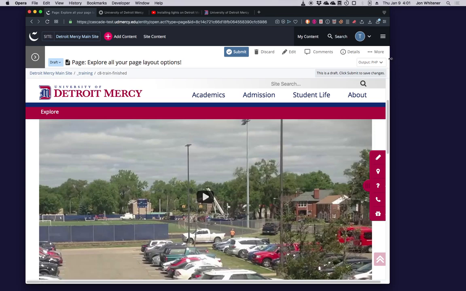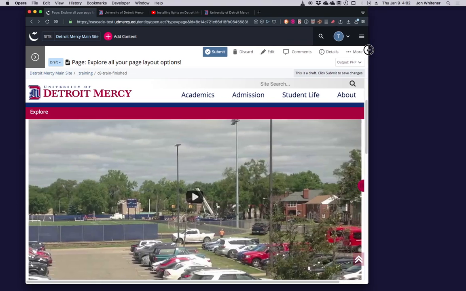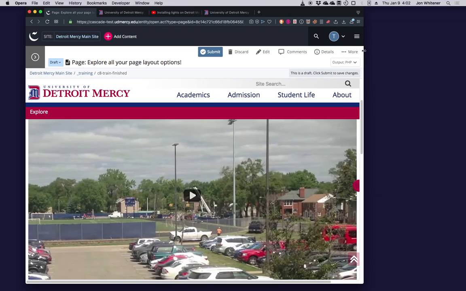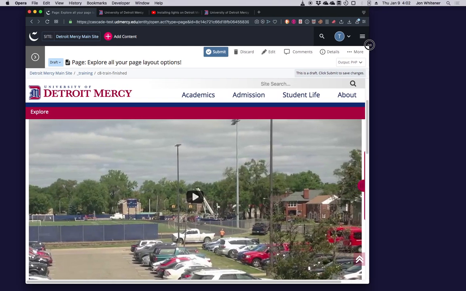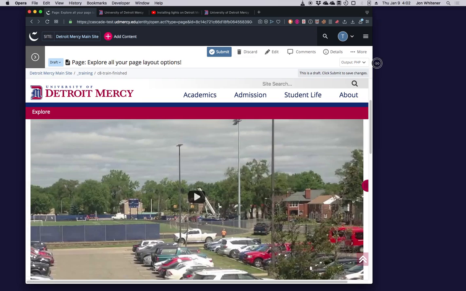One other thing I'll point out while we're waiting is these very handy menus or links up at the top, the My Content link and the search link. Just in case you happen to see those disappear, it does happen when your browser window is just not quite wide enough. So maybe if you widen that out, there they come back. You notice also the site content link over here disappears.